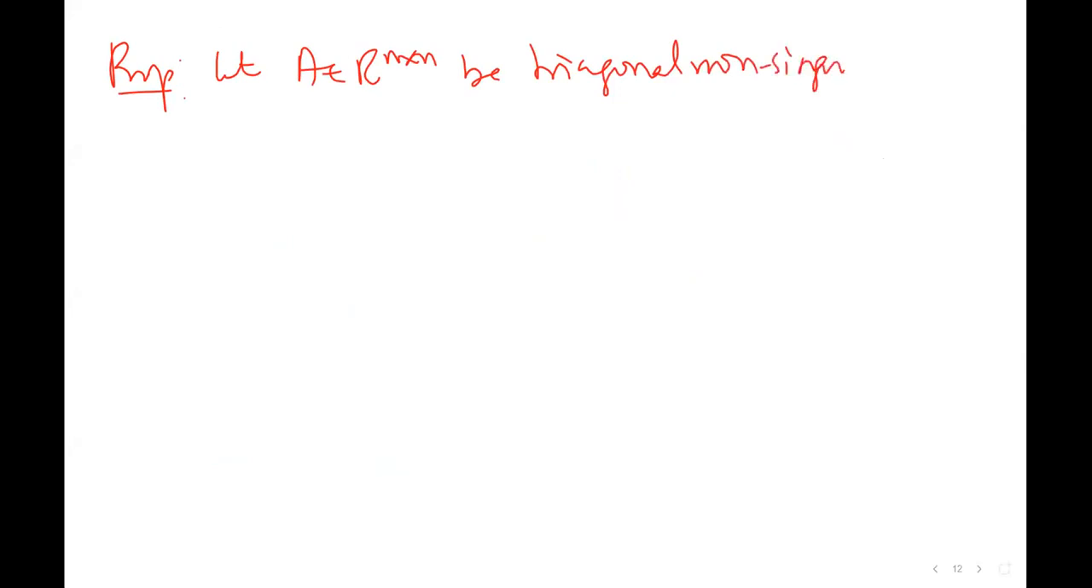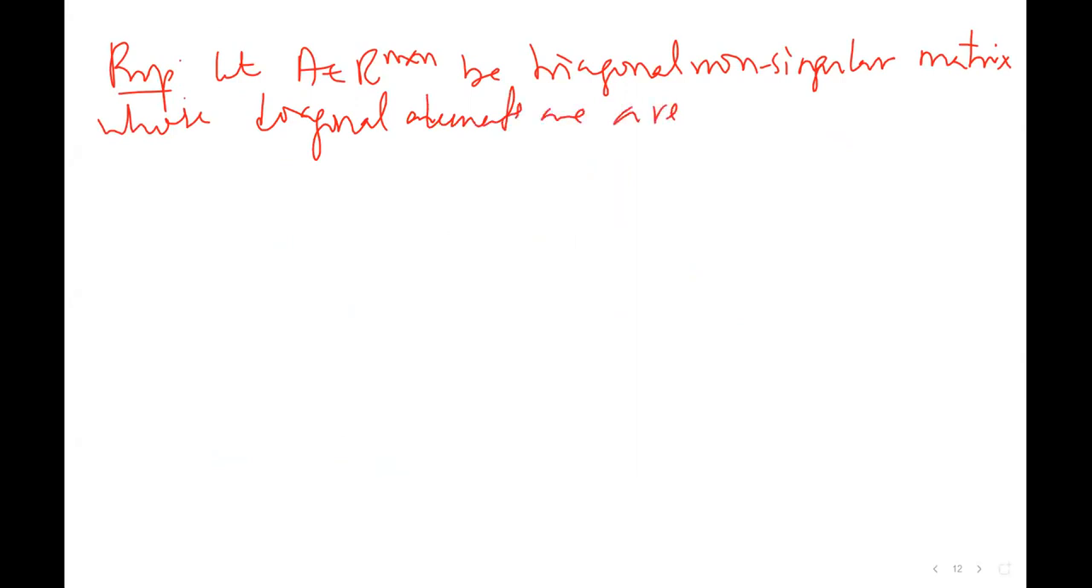Before that, I stated a proposition: if you choose an n by n tridiagonal, non-singular matrix whose diagonal entries are all non-zero, then